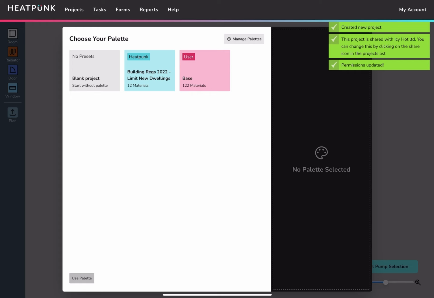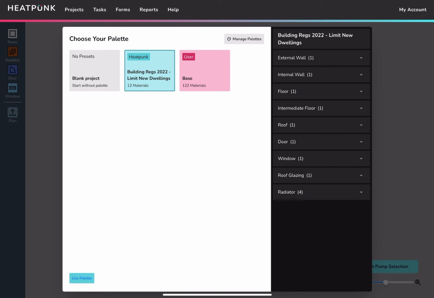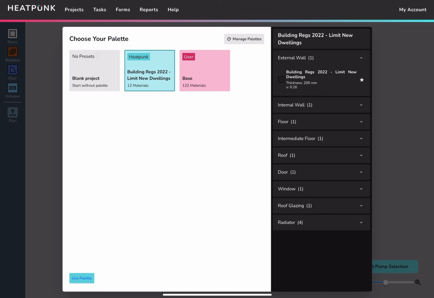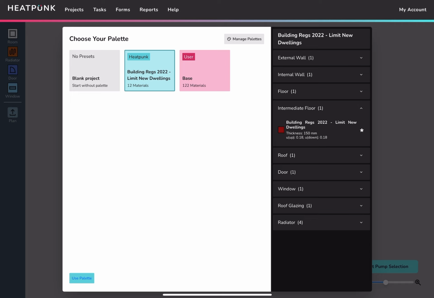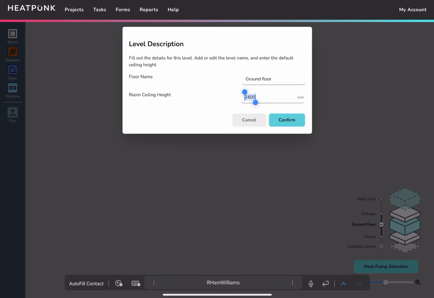And then you get to the palette section. This is what the fabric of the building is made of. So you will have standard palettes where all the current building regulation U values are listed. So you'll see the U value there is 0.26 for an external wall. We've got all of them for floors, roofs, doors, windows. So that's just a standard palette to work from. We can add our own fabric information to a custom palette, but for now, we will go to this stage,